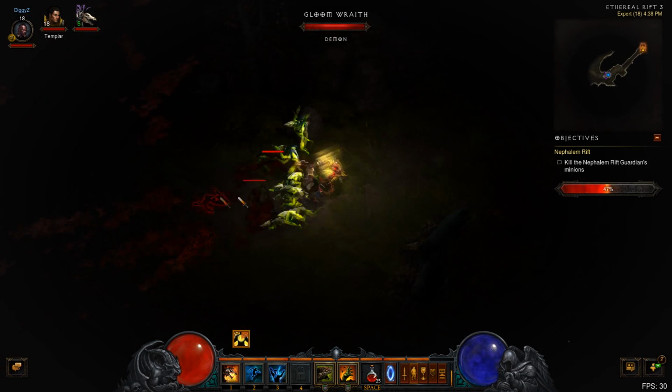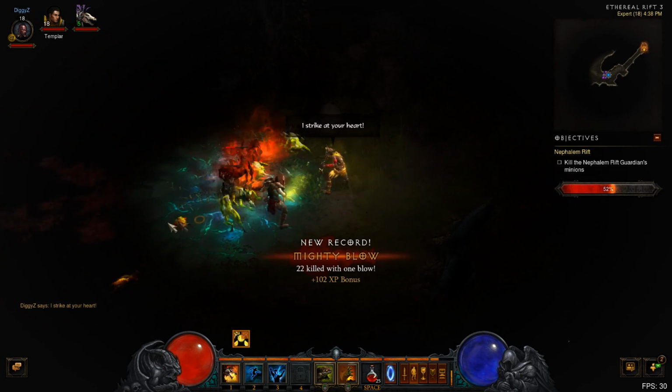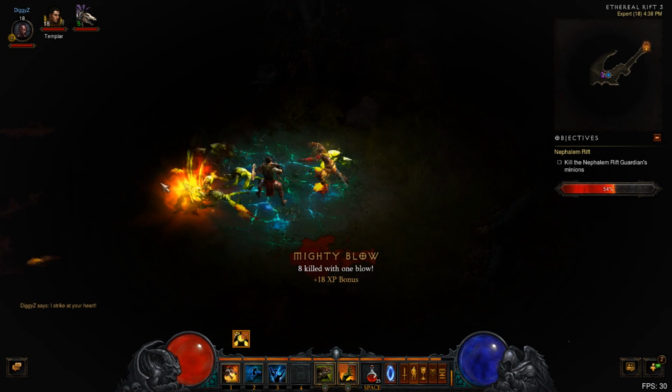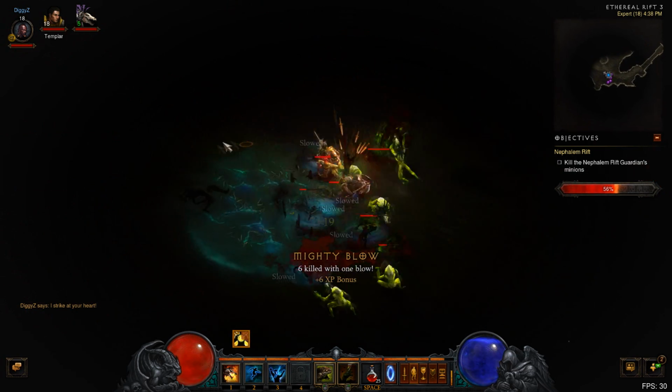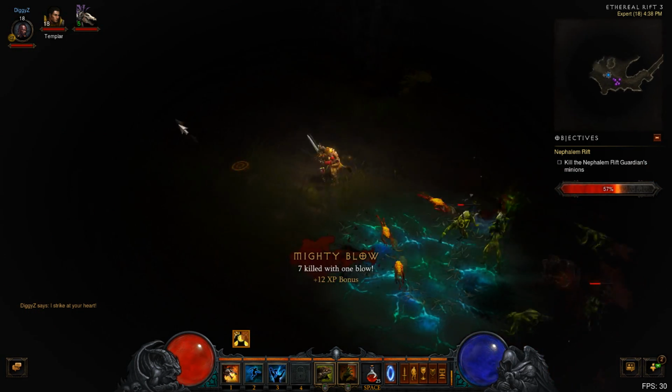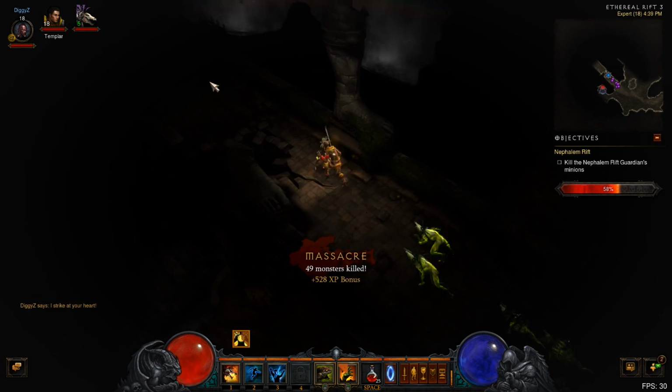Alright, moving into the Ethereal Rift here. Oh, there's going to be a lot of easy kills for Grasp of the Dead. That's for sure. Pretty decent XP from these guys as well. Wonder how they do in terms of giving us percentage towards the boss. Seems to be going up pretty quickly. Looks like we're heading into...